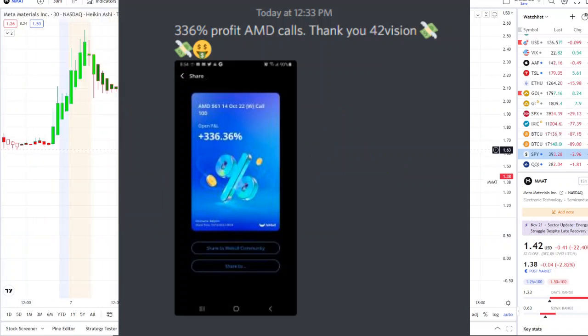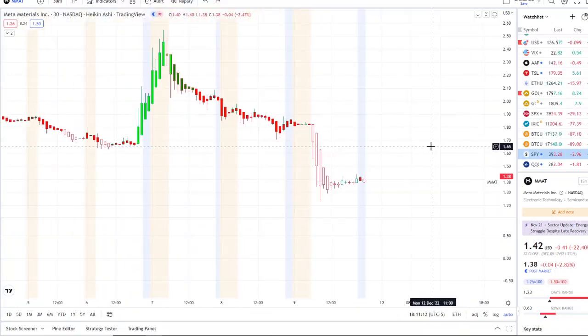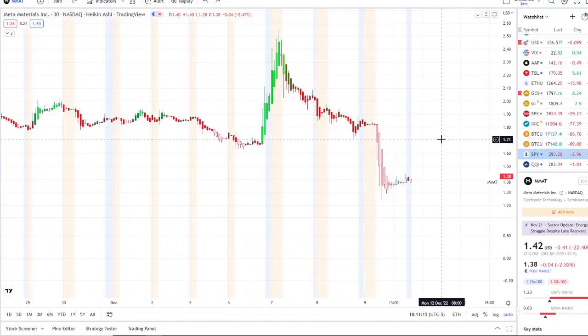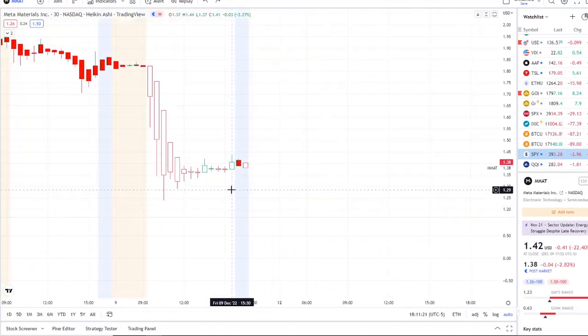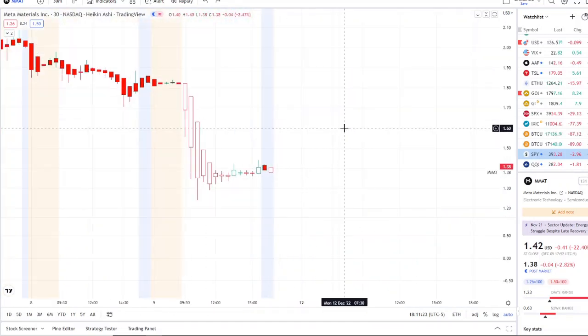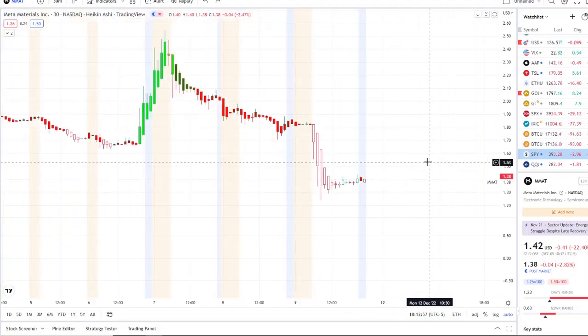So here we are with MMAT breaking through the key support level here of 170 to 165. Below 150 and fighting to try to bring itself back up here towards the second half of the day and into the after hours. We're going to break it all down in today's video and also look over the FINRA news. But before we do, I want to share with you guys the home run opportunities that were mentioned this morning over at the Discord.